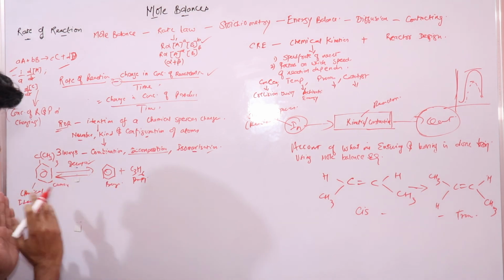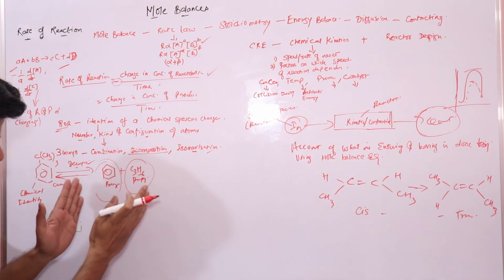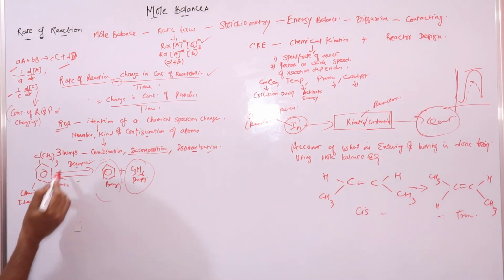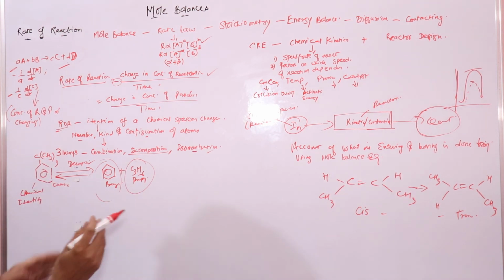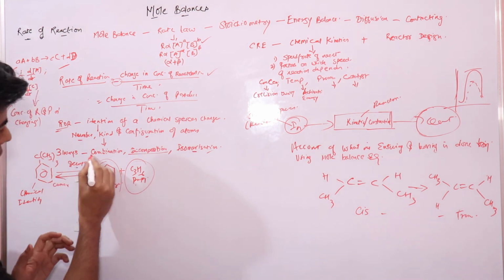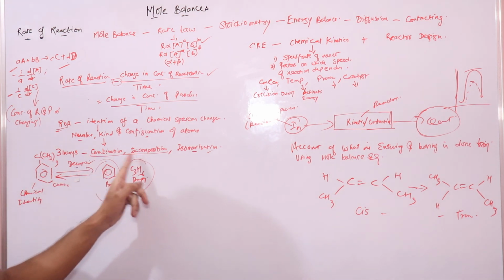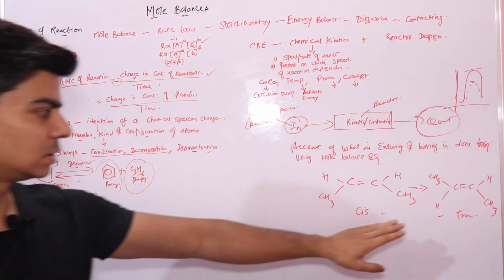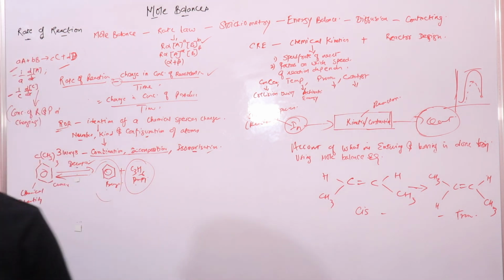If we talk about the reverse reaction, benzene and propylene will undergo a reaction to form cumene. If you see, this cumene looks different. So in the reverse reaction, benzene and propylene have undergone combination to change their identity and form a different product. So this has happened through combination and decomposition, and this type of reaction is through isomerization. So these are the ways a chemical species can change its identity.